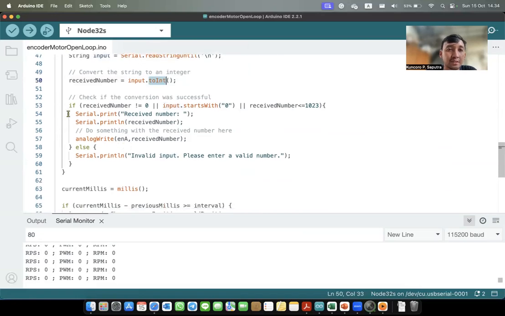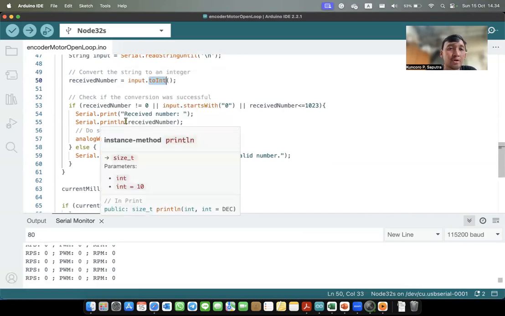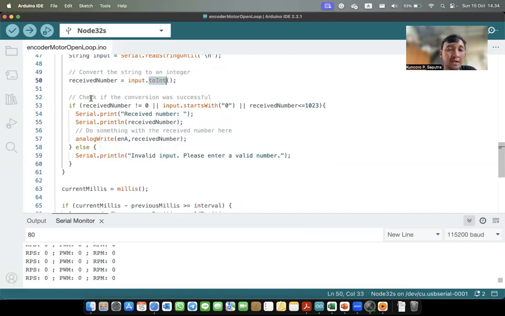After that, we check whether it is a valid input or not. For a valid input, the received number should not equal 0, and the received number should be less than 1023.